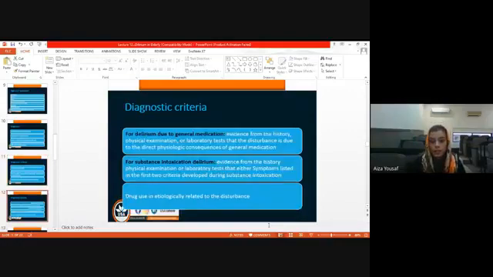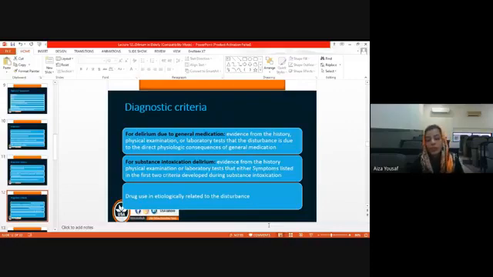For delirium, there are some reasons from which it may occur, and we will discuss them one by one. For delirium due to general medication, we can get evidence from the history, physical examination, and laboratory tests that the disturbance is due to the direct physiological